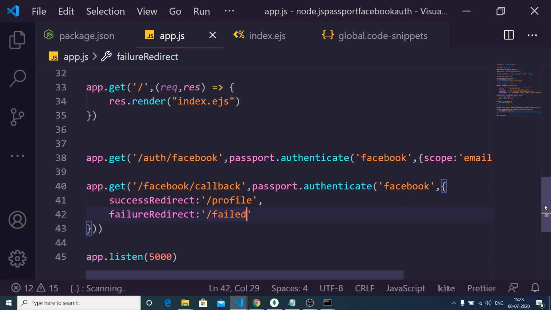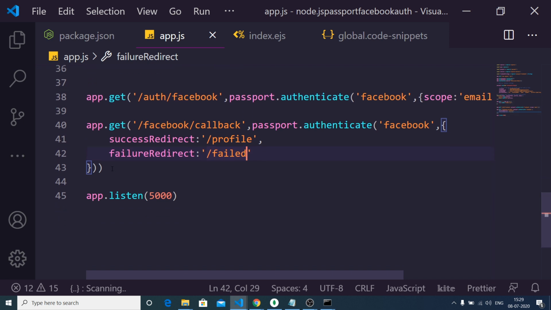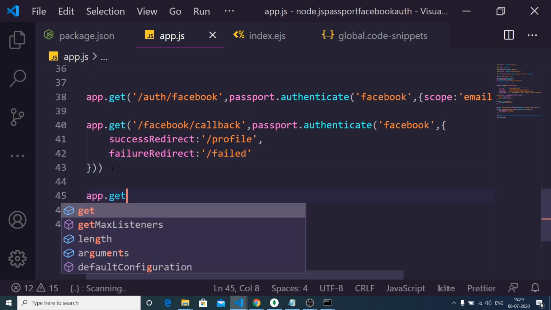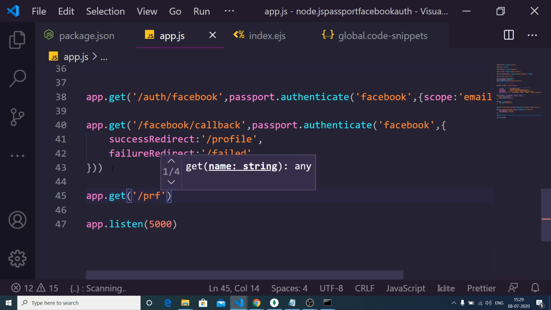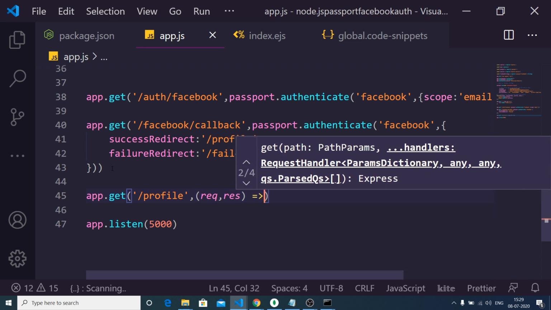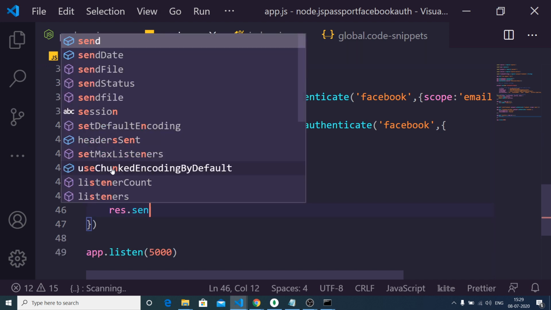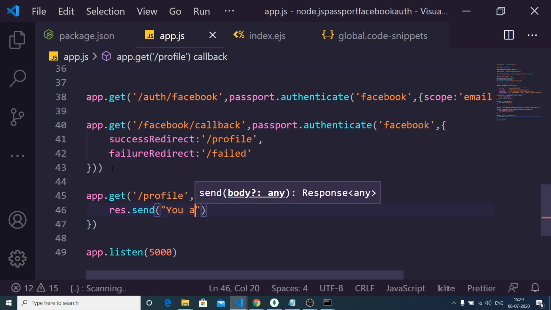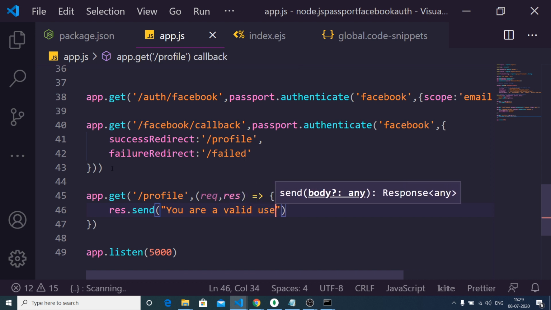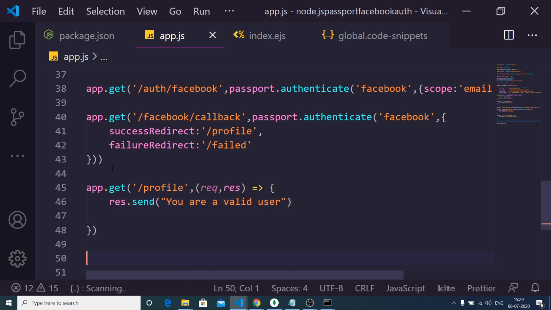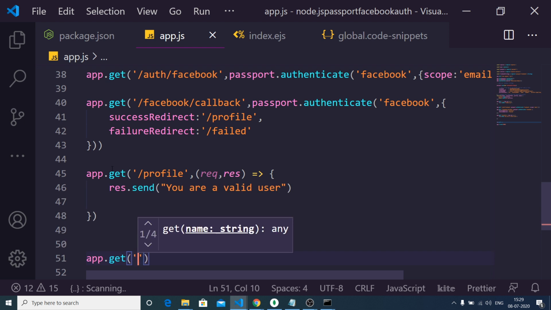Now we also need to define these URLs, which is app.get /profile. So here we can just send out a very simple message to the user: you are a valid user. And for the failure, we can define /failed.